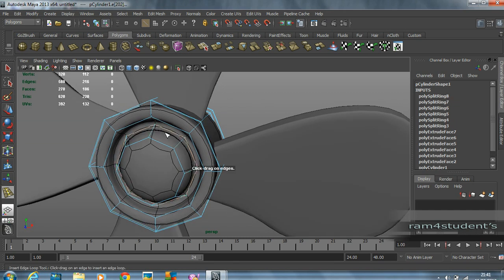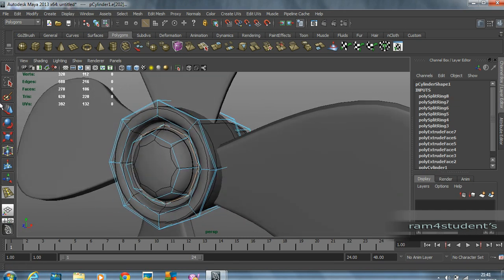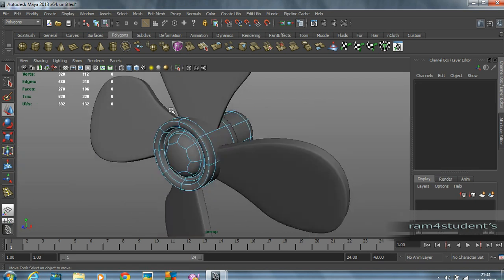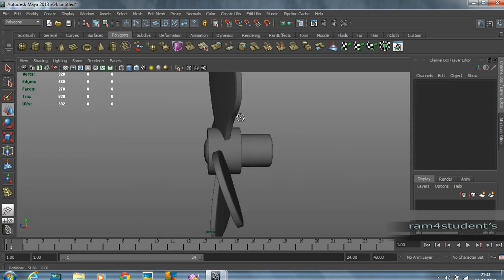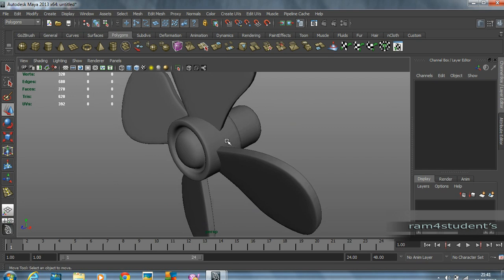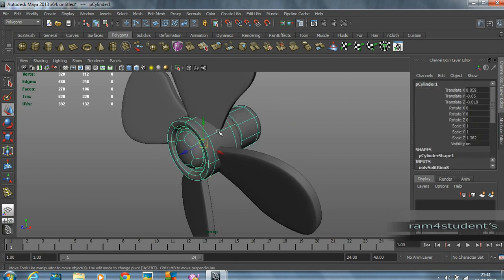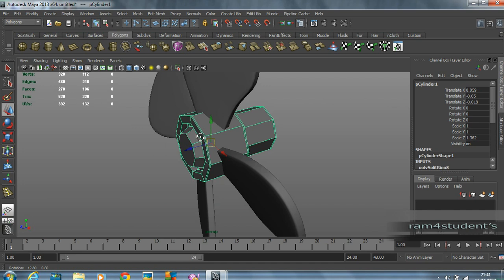If you want, you can add one loop here. Click F8, go back to object mode, you get something like this. But if you still stay here, there's some you need to work on. So go back to object mode,